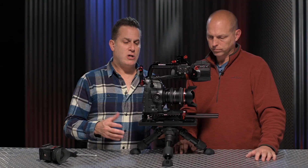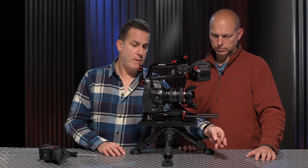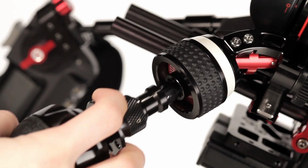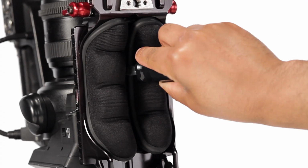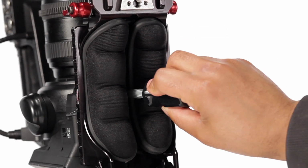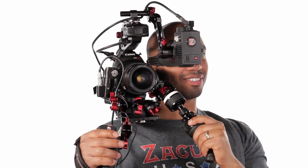So now we're going to install some other accessories. In this case, we're just going to put a control grip on, and then we're going to put a Tornado and a Z drive on, and you can see now it's a little front heavy. Okay, so we're going to loosen these two screws. We're going to slide the whole rig back a little bit, tighten the two screws, back on your shoulder, and as you can see now, it's pretty teetered on my shoulder,